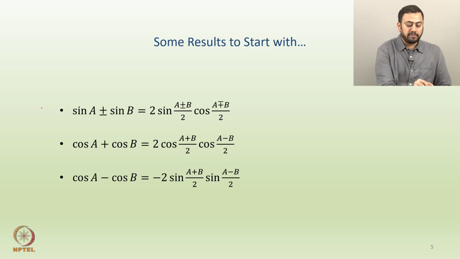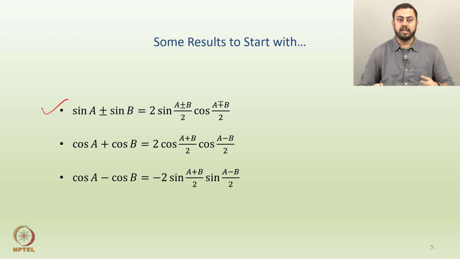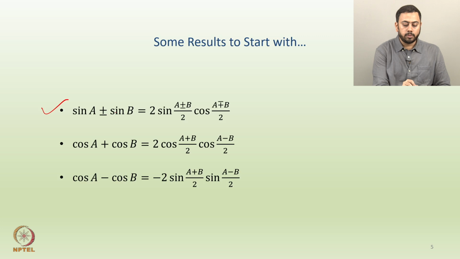Okay. So in a way the first identity contains both the things: sin A plus sin B or sin A minus sin B. Okay. So sin A plus sin B would be nothing but 2 sin of (A plus B) by 2 cosine of (A minus B) by 2. Similarly, sin A minus sin B would be 2 sin of (A minus B) by 2 cosine of (A plus B) by 2. Hopefully, this is clear. So how should one read this plus and minus collectively?